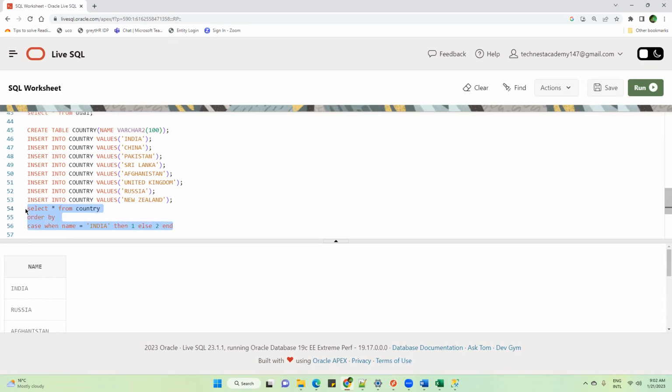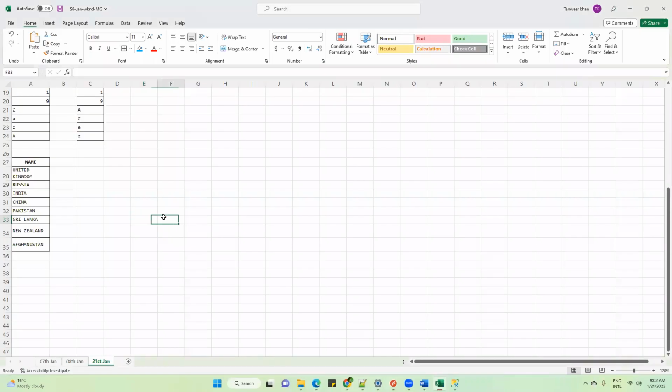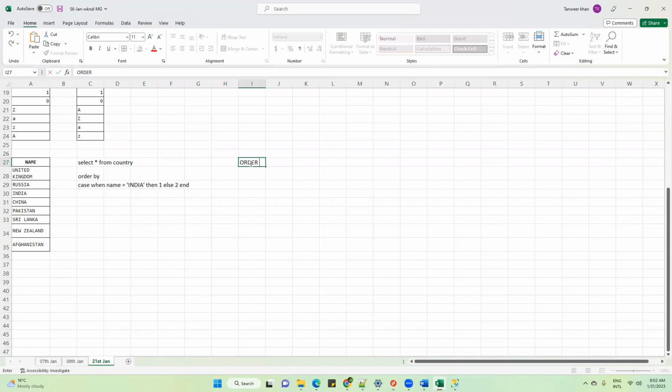Before that, let's try to understand how this query is working. So I will keep this here. This is the query. Now let's try to understand this query.